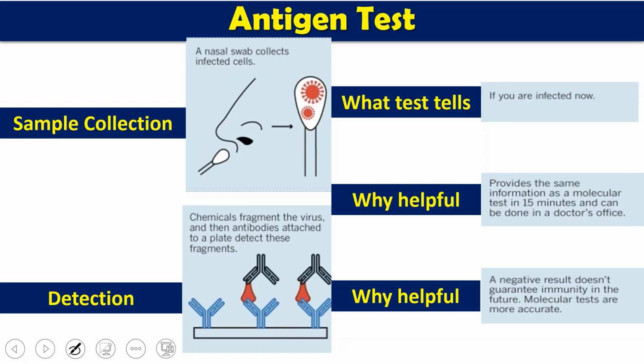When you compare this antigen test and the RT-PCR test, the RT-PCR test is more reliable. Even if the virus has been degraded or killed, its proteins will still be present in your body. But if the virus is killed, its RNA will be lost. So if RNA is present in your body, it means the virus is present in your body.